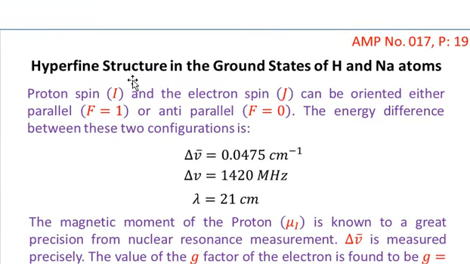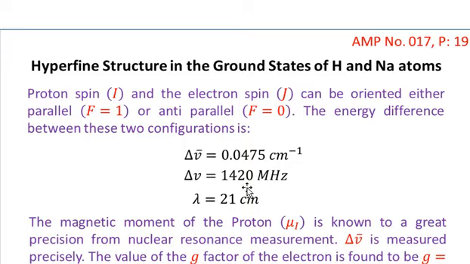Now I am going to discuss the hyperfine structure in the ground state of hydrogen and sodium atoms. The proton spin I, or you can say the nuclear spin I, and the electron spin J can be oriented either parallel, giving you F equal to 1, or anti-parallel, giving you F equal to 0. This is what I am talking about for the hydrogen atom, because for the hydrogen atom we can have only two values, F equal to 1 and F equal to 0. The energy difference between these two configurations is delta nu bar equal to 0.0475 centimeter inverse,